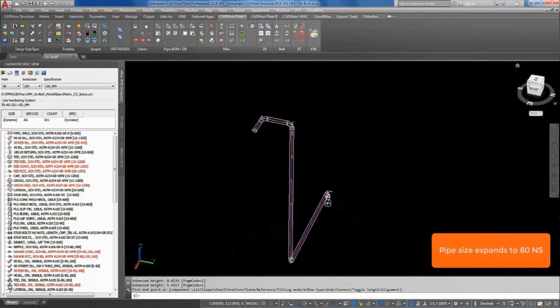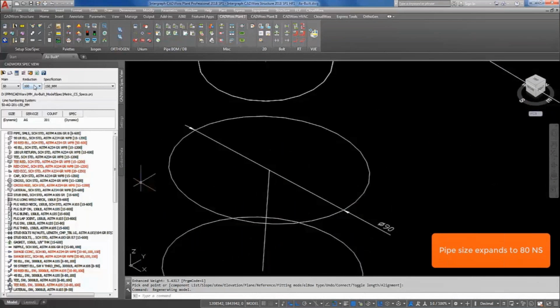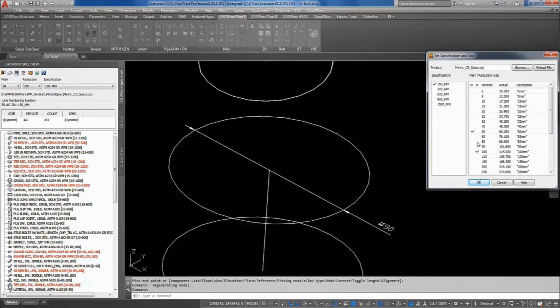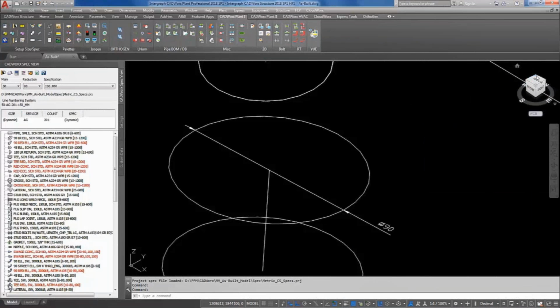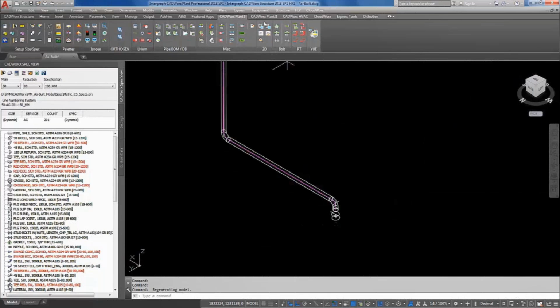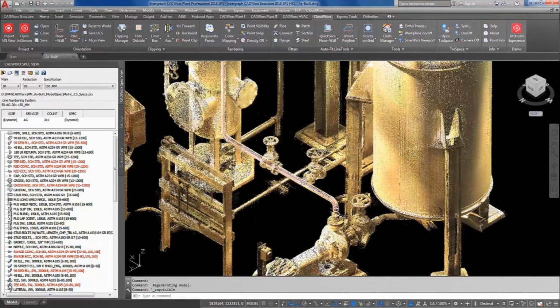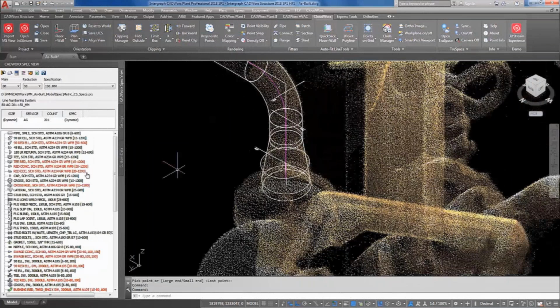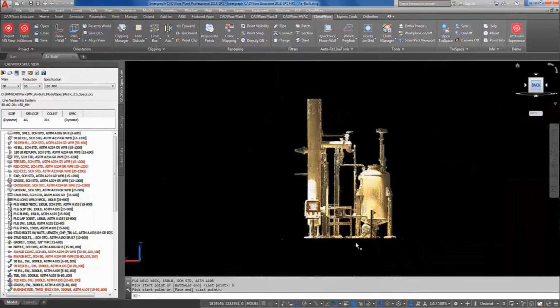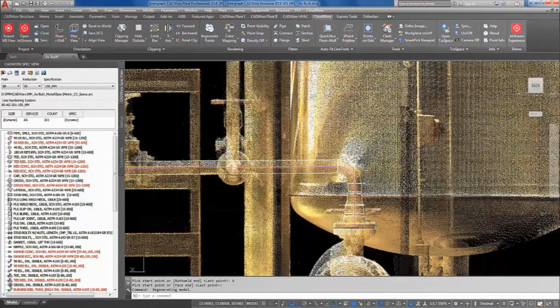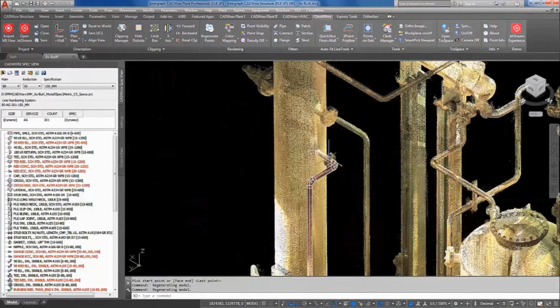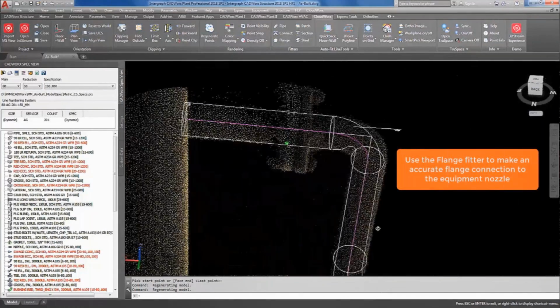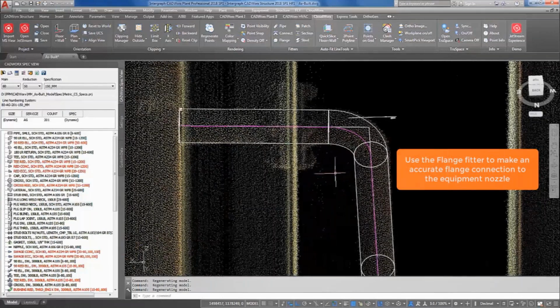Now down here, we've got a change in size. So we've got a concentric reducer. Again, we just change the size. Pick the concentric reducer from the spec again. And just put the point cloud back on first. So here's the concentric reducer. Zoom into the end of the center line. There's the component. We've got a fitting to fitting situation here, so we just need to attach the weld neck onto the concentric reducer. Zoom in, and you can see there's an accurate fit of that flange, making the connection with the pump. At this end, what we've actually got is a nozzle on the vertical piece of equipment